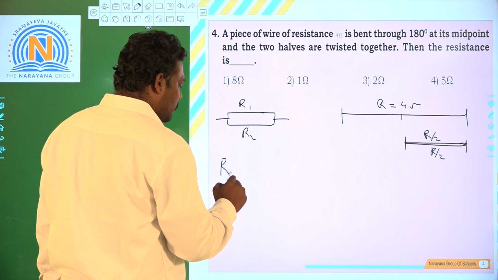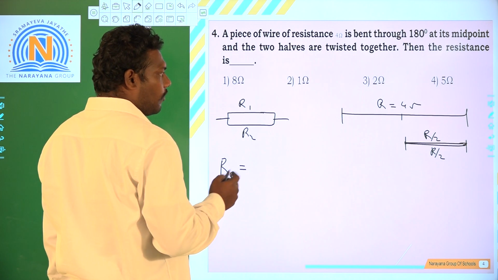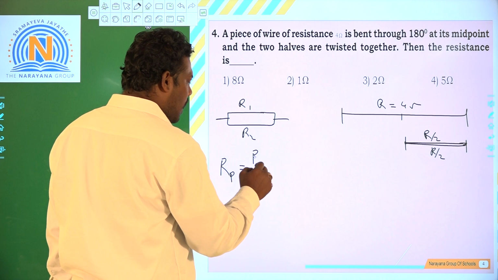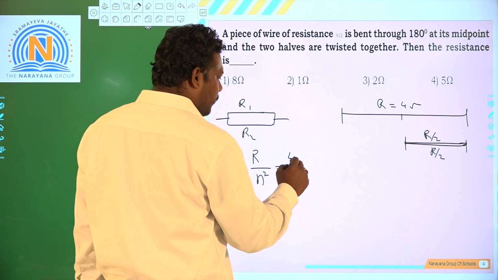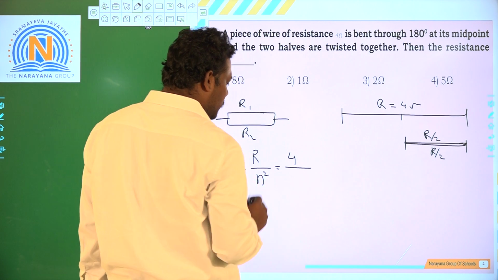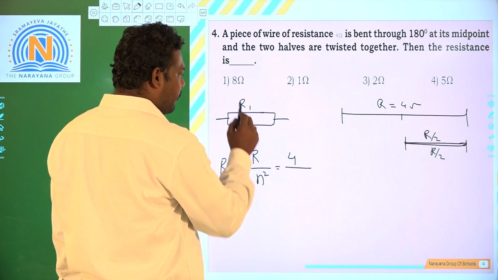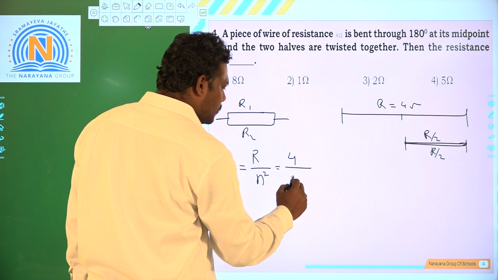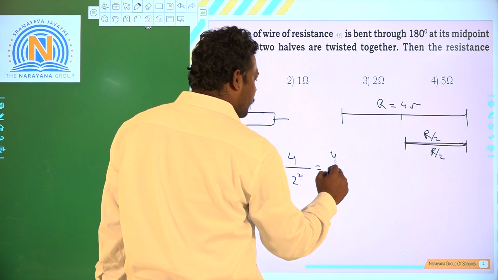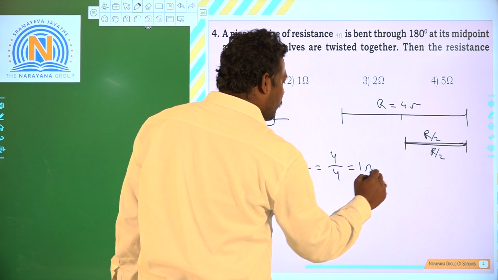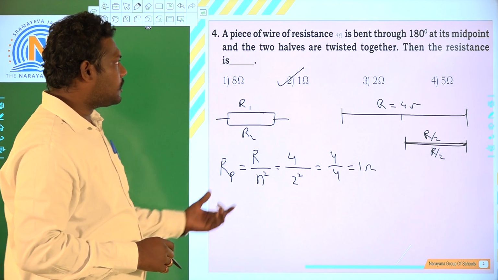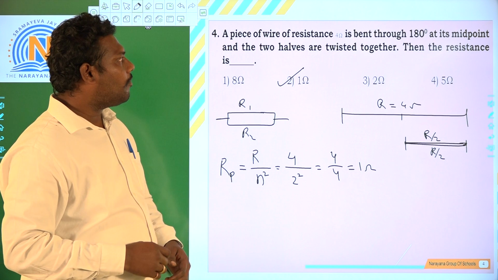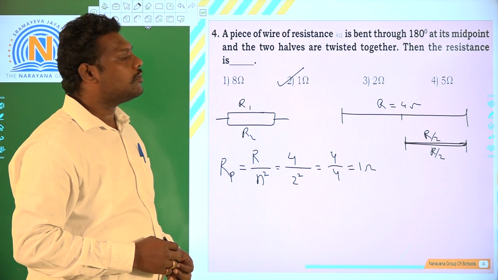So the equivalent resistance of parallel equal resistors is R by N square. R is 4 ohms, the total resistance, and N is the number of resistors, which is 2, so 2 square is 4. 4 by 4 equals 1. So the final resistance of the wire of 4 ohms bent into 2 halves